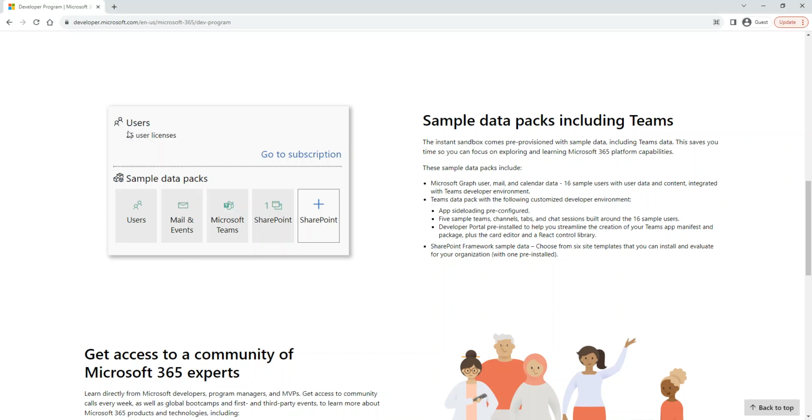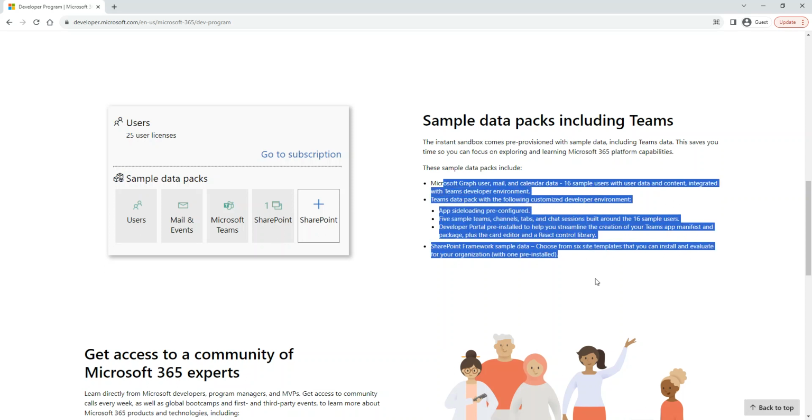If we scroll down, once we set it up, all of our users, which is 25 users, are going to have email, they're going to have Microsoft Teams, and we're going to have one or more SharePoint sites, which is the ultimate place where we practice using the different development techniques that we will be using. There are a lot of terminologies and keywords that you never heard about, which will be introduced throughout the entire class.